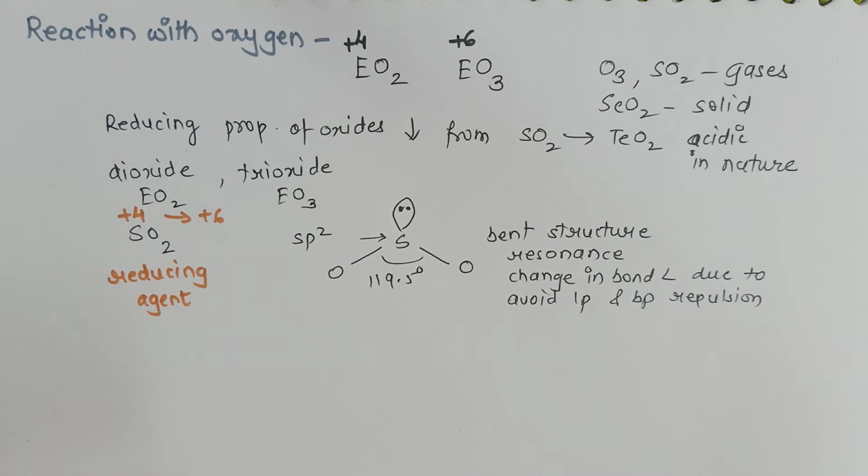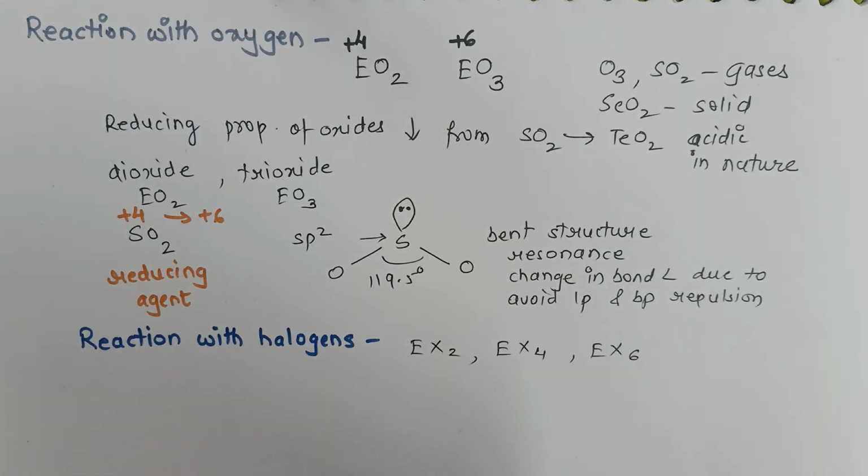It is very easy to determine whether the given compound will act as an oxidizing agent or reducing agent. Just look at the stable oxidation state of the given element. If it is in a lower oxidation state as compared to its stable oxidation state, then it will get oxidized. It will act as a reducing agent. On the other hand, if it is in a higher oxidation state as compared to its stable oxidation state, it will get reduced and then it will act as an oxidizing agent.